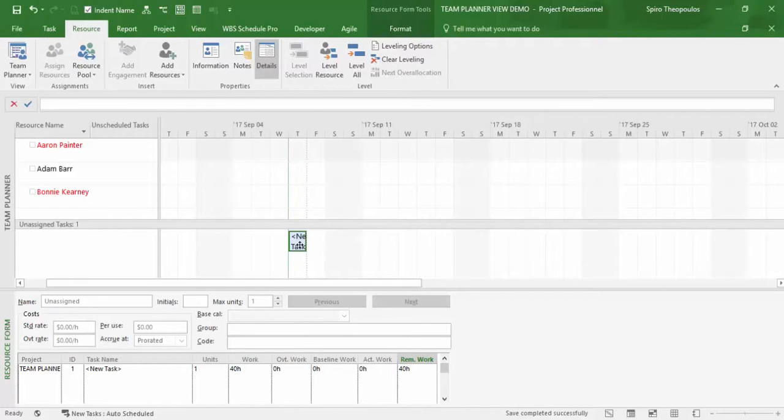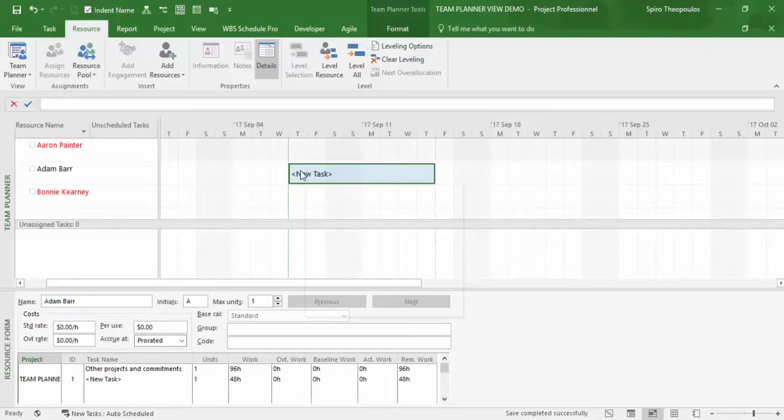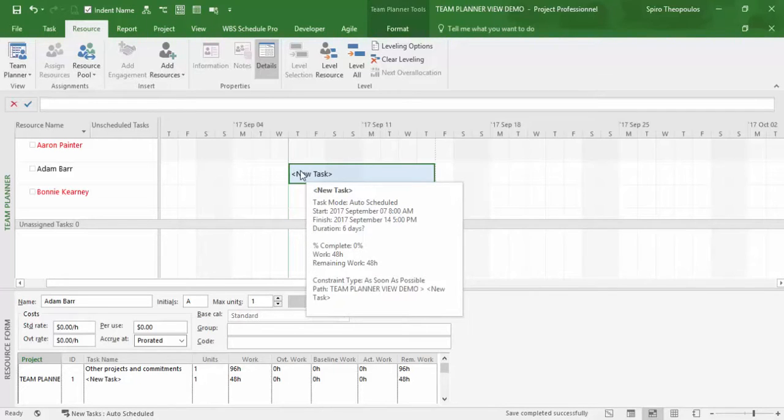Now I will drag the new task, which I have not renamed yet, straight up and assign this task to Adam Barr by dropping it in on his timescale. Note, I'm free to position it wherever I want on his timescale. Also, hovering on the selected task as I'm doing here will pop up a note and provide some additional information